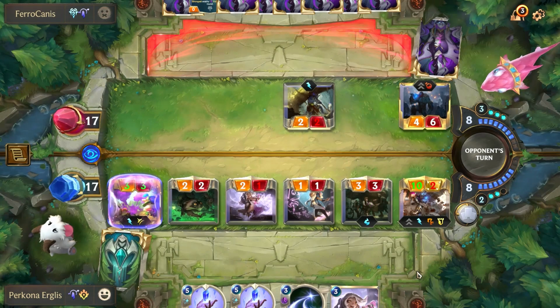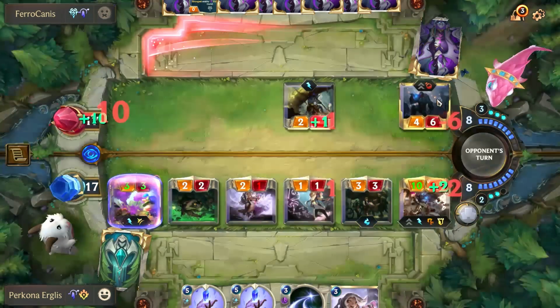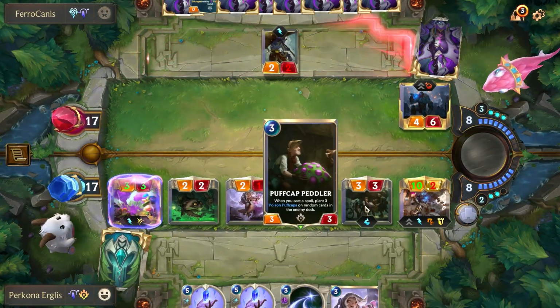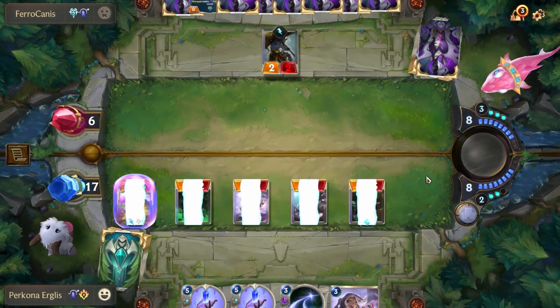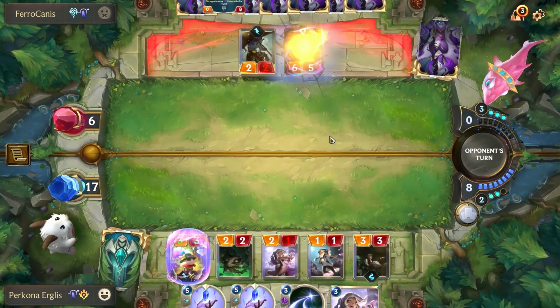Another path, another problem. Which is nice, so we'll see if he's got Hushes. And he just lets me attack. So I trade the Vi. I don't get to use my spells. I was kind of counting on him having spells that he could use